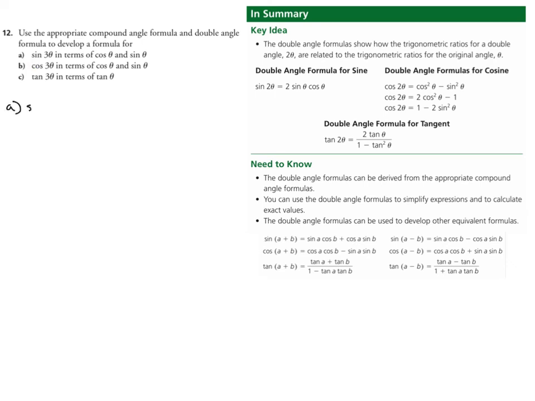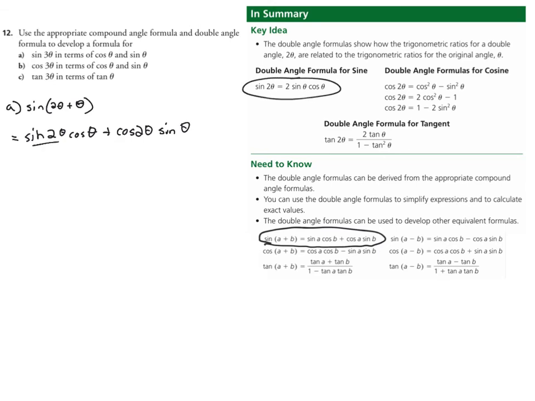Sine of 3 theta is the same as sine of 2 theta plus theta, which equals, now on this one we're going to use our compound angle. So sine of 2 theta plus theta is going to be the sine of 2 theta cos theta plus cos of 2 theta sine of theta. And then we're going to use our double angle formula on the sine of 2 theta here. So this is equal to 2 sine theta cos theta times cos theta, so I'm just going to say cos squared theta,